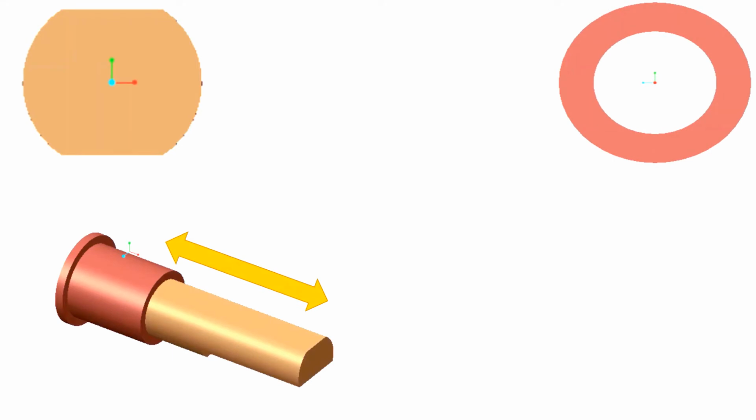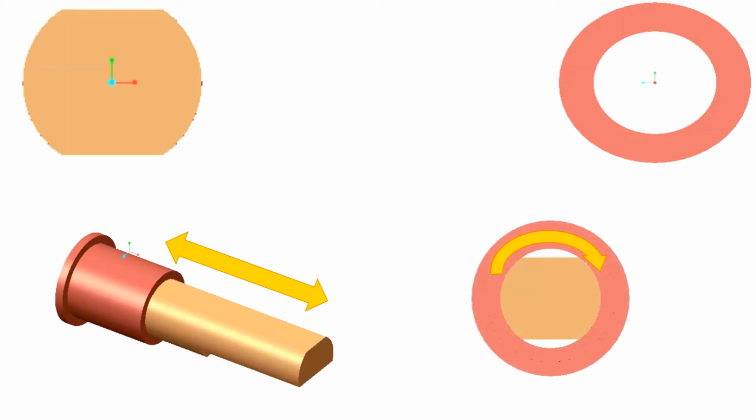Okay, here you can see this is the bush and this is the slider, and we get the sliding motion. But when I started to assemble this part, I got one question: why does this slider have a flat surface on top and bottom, when here you can see this is totally circular? Either we want a sliding motion or we want both sliding and rotating motion. So if we want both motions, why is this not circular? Or if we want only sliding motion, then what exactly can we do to restrict it?